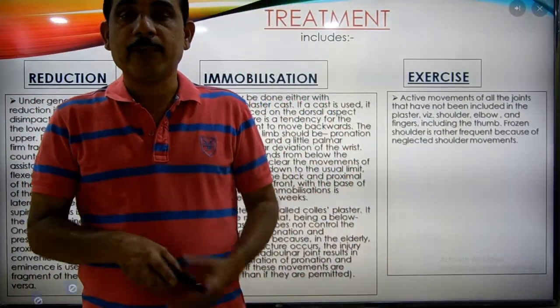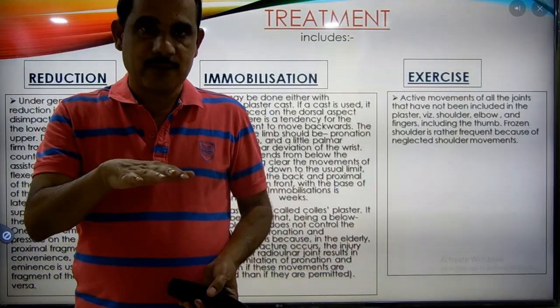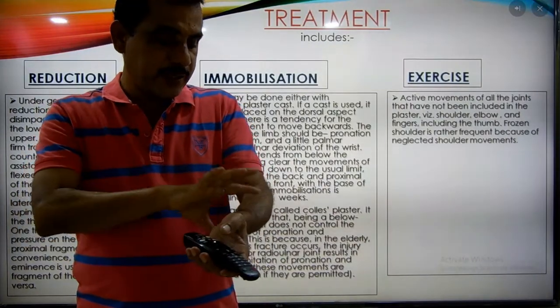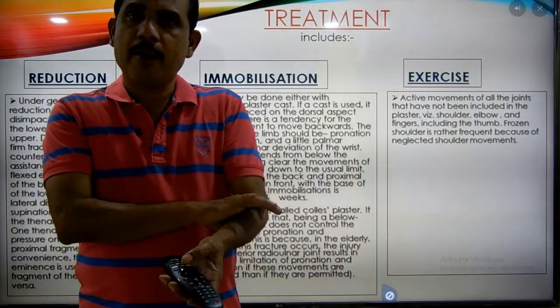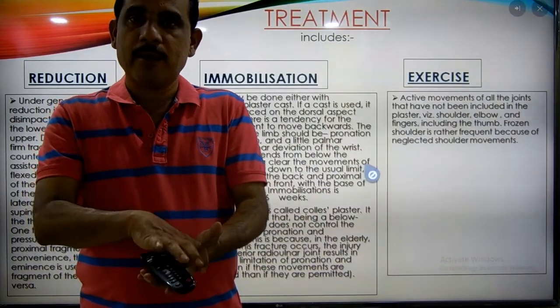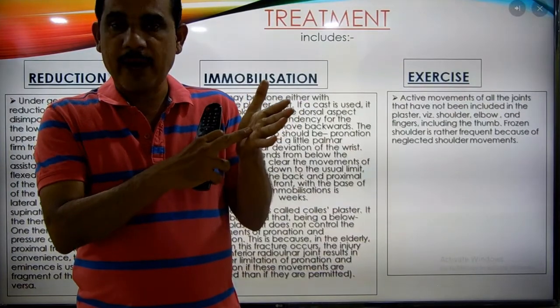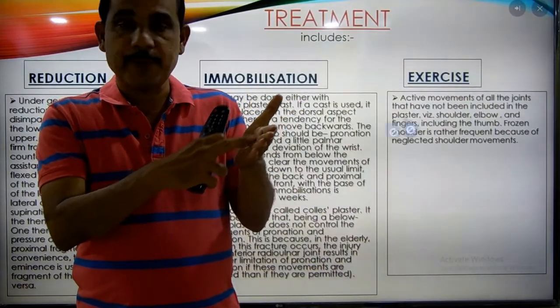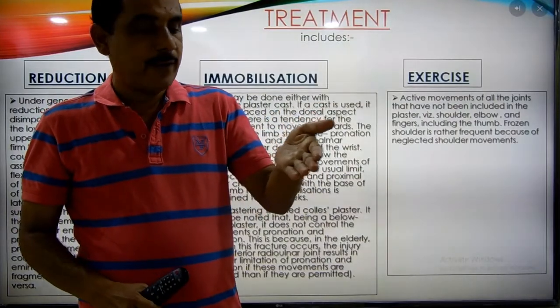Immobilization can be done either by using the complete plaster or the plaster cast. Complete plaster, you should extend from the middle of the forearm, or maybe from the upper one-third of the forearm, to the wrist, up to these eminences or to the hand, isn't it? The metacarpal eminences are here, up to this eminence, isn't it?